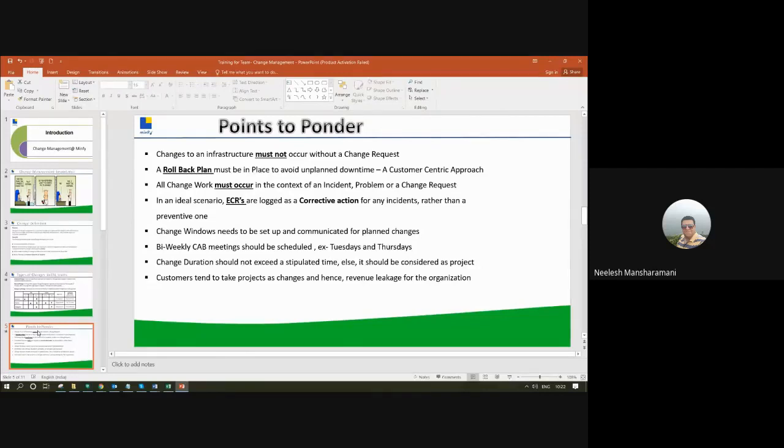A CR form should necessarily have a rollback plan. It has to be there because, a couple of days back, somebody terminated an instance. They didn't take an AMI before doing that, and it resulted in a massacre. It was a catastrophe for us. Why? Because the change was taken up too lightly: okay, yeah, I'll do it. So what? It resulted in termination of a production instance